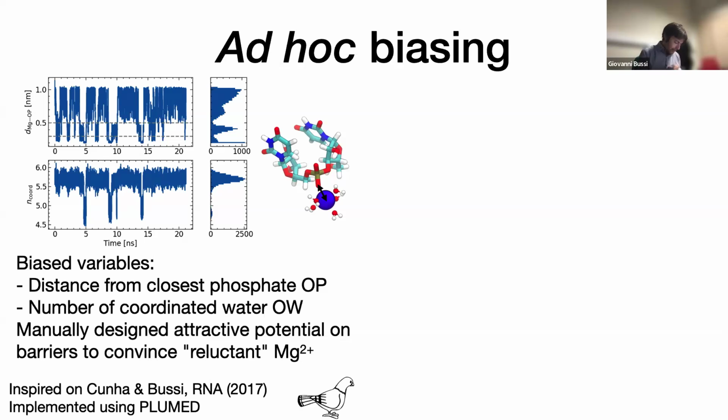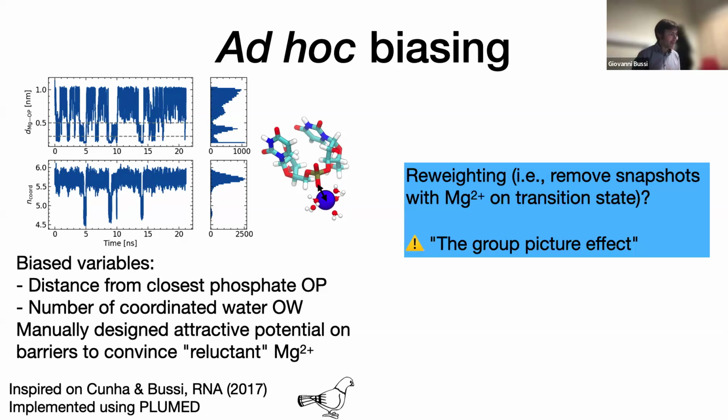However, there is a problem here: we are cheating, we are modifying the energy function. So in fact, the result is affected by this change. It's not just the timescale that changes. Also, the distribution that you explore will be different. So there is technically a way to correct for this with a procedure that is called reweighting, which, explained in